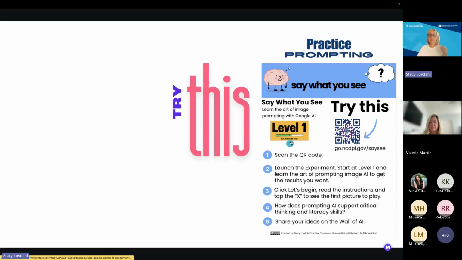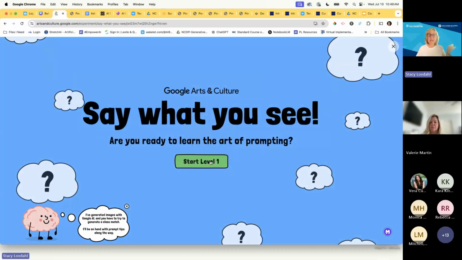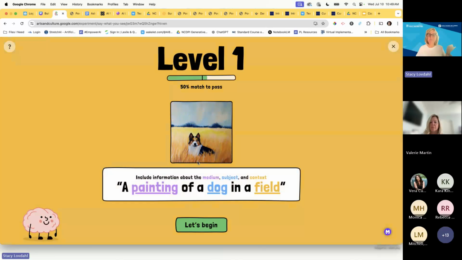So the first one is Say What You See. I'm on slide 48, and if you click on this graphic, it'll take you over to Say What You See. Sometimes you have to reload this because it freezes and sends you to a strange page. I noticed that in one school I was in the other day. But when you click Launch Experiment and then Start Level 1,